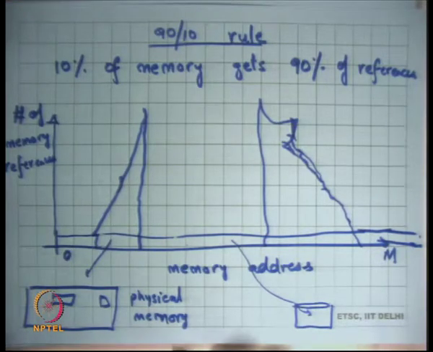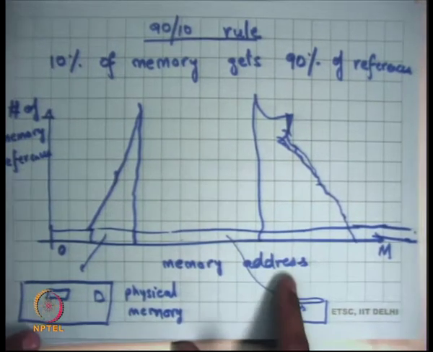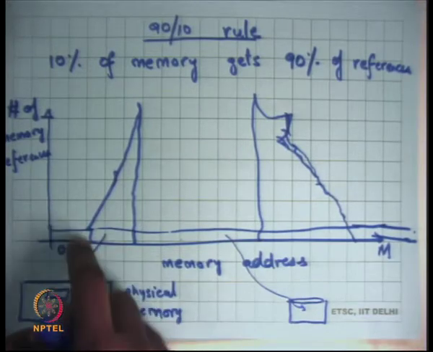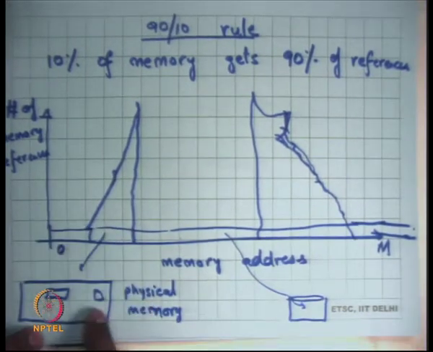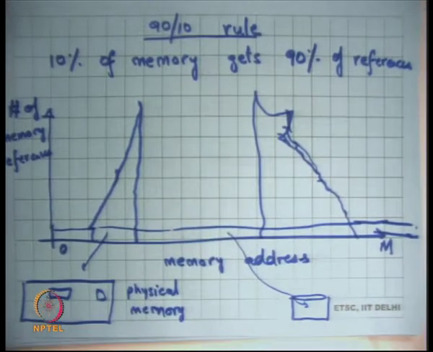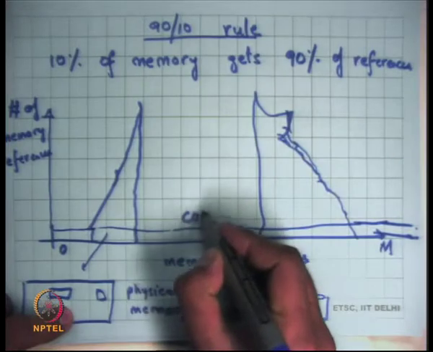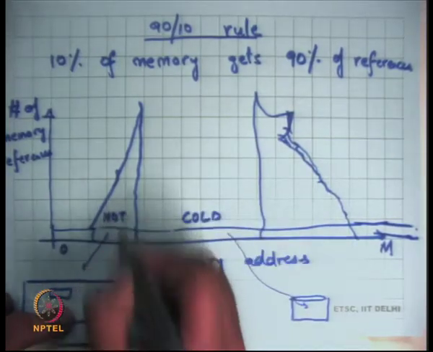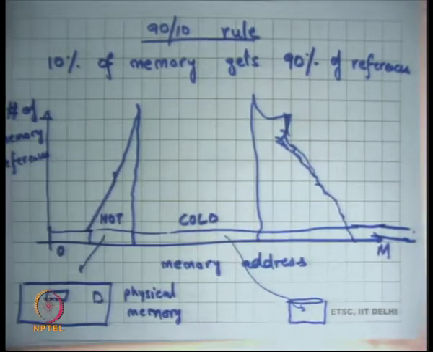So an operating system would be doing its job correctly with respect to demand paging if these pages, which are very hot, are mapped into physical memory, and these pages, which are cold, are mapped into disk, right? So you can also call these cold addresses and these hot addresses. The hot addresses should be mapped into physical memory and the cold addresses should be mapped into disk. And if you can do that, then you basically have a system where you have the speed of physical memory and the size of the disk, right?